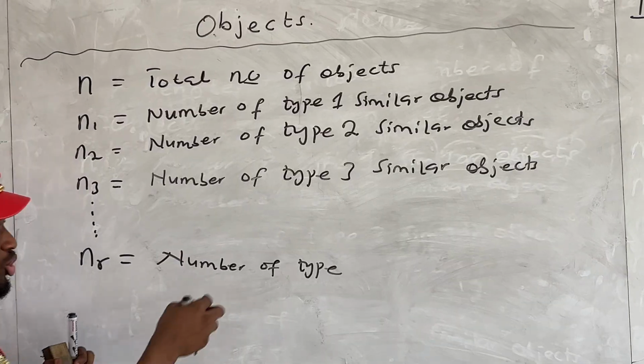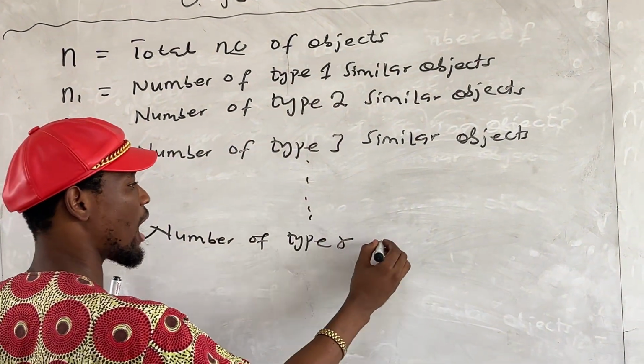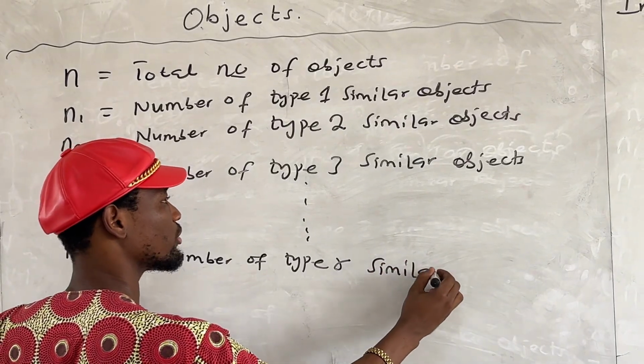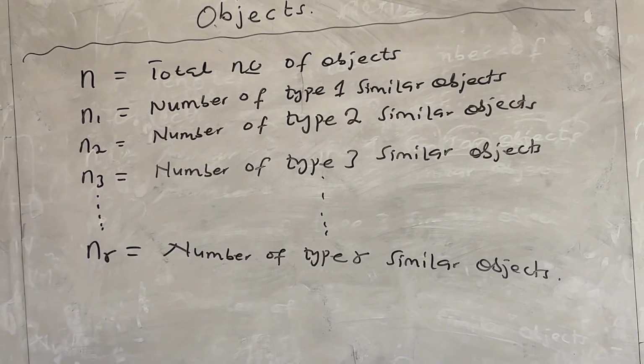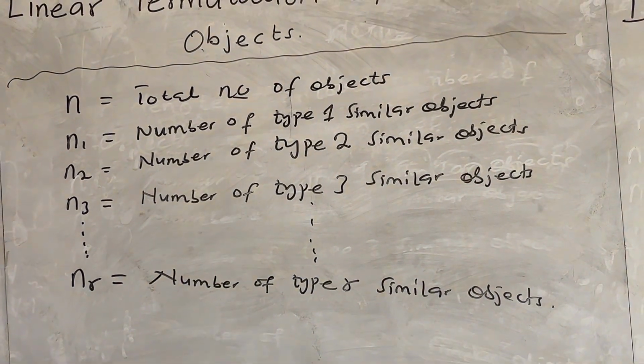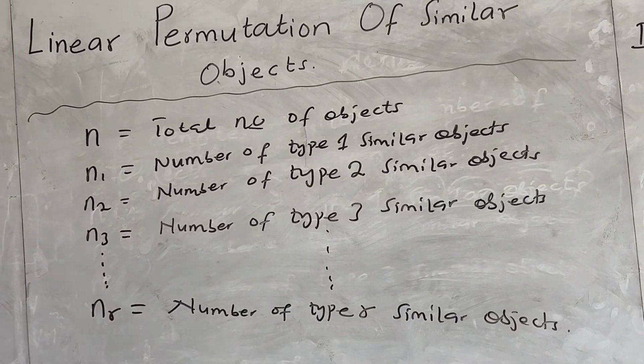We don't know, so up to 1, 2, 3 up to r similar objects. And we are saying if that is the case, then the number of ways